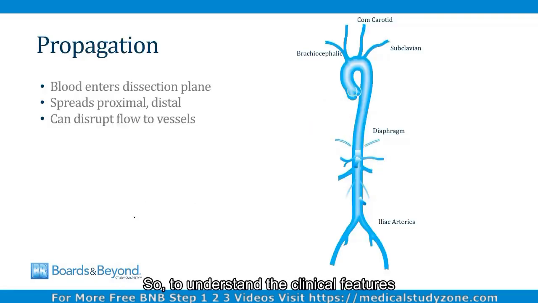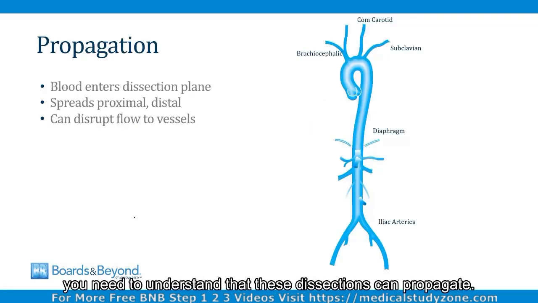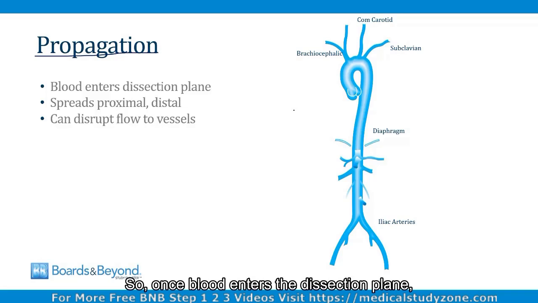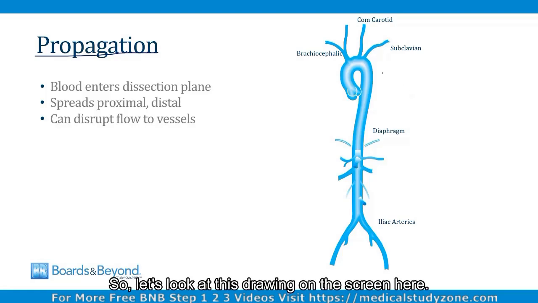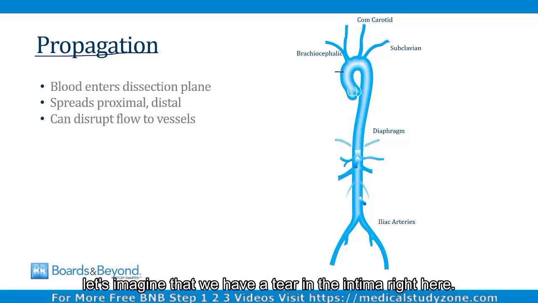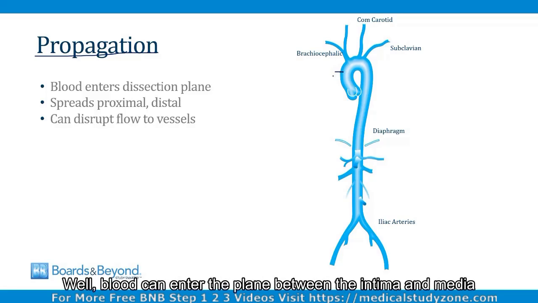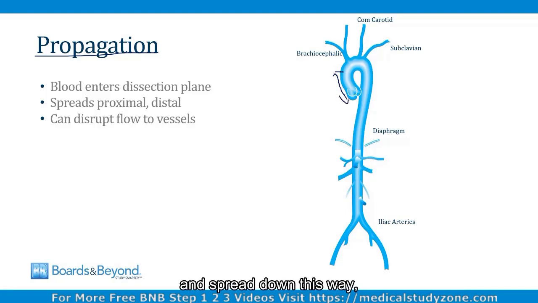So to understand the clinical features of aortic dissection, you need to understand that these dissections can propagate. So once blood enters the dissection plane, the aortic dissection can begin to spread. So let's look at this drawing on the screen here. And for example, let's imagine that we have a tear in the intima right here. Well, blood can enter the plane between the intima and media and spread down this way,